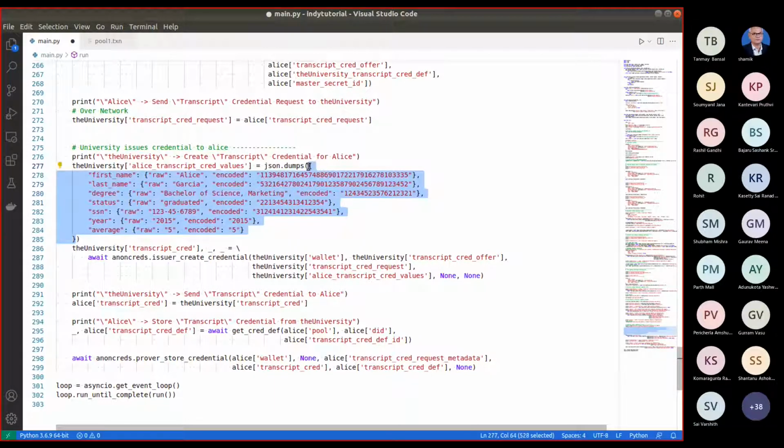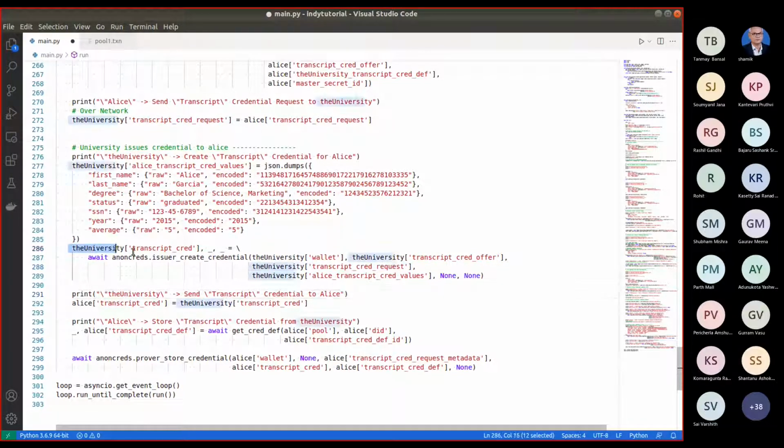This is converted to JSON using json.dumps, and then this particular credential is passed to the anoncreds.issuer_create_credential function, where the university is creating the credential. It takes the university's wallet, the actual offer that was created in the first step, the university created an offer, right? And then the request which is coming from Alice.